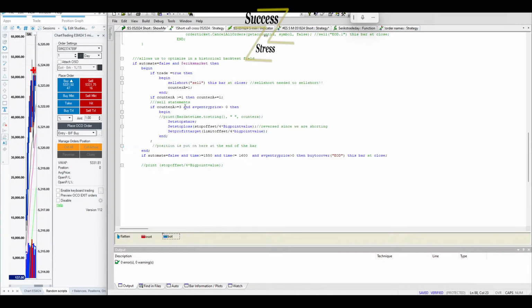This bar at close, counter equals 1, greater than or equal to 3, average entry price, set stop loss. Yeah, those are the ticks, 4 divided by. Set stop loss, that's the stop. That's the limit. End, begin, end. Automate is equal to false and time is greater than or equal to 1550, and buy to cover this bar close. Okay.